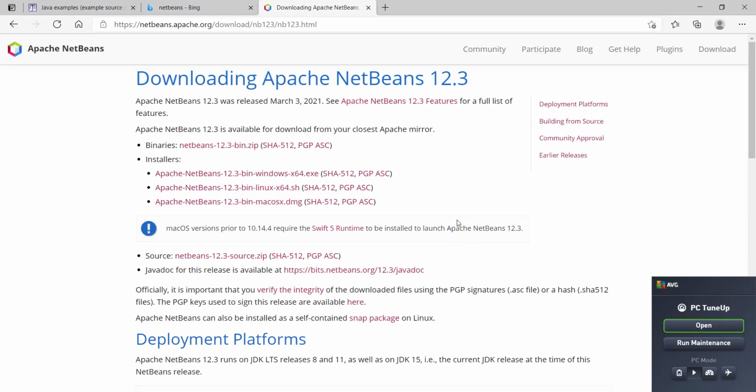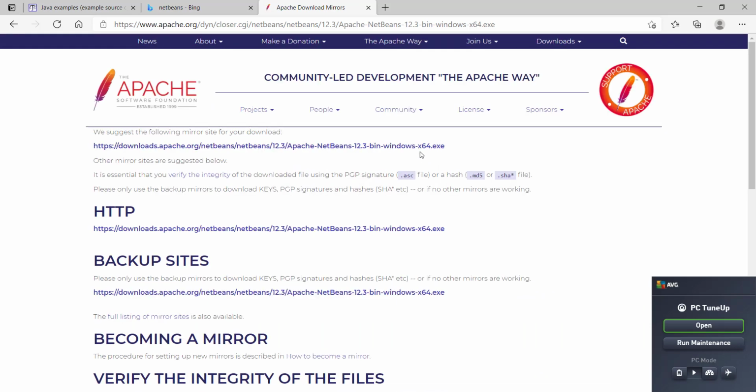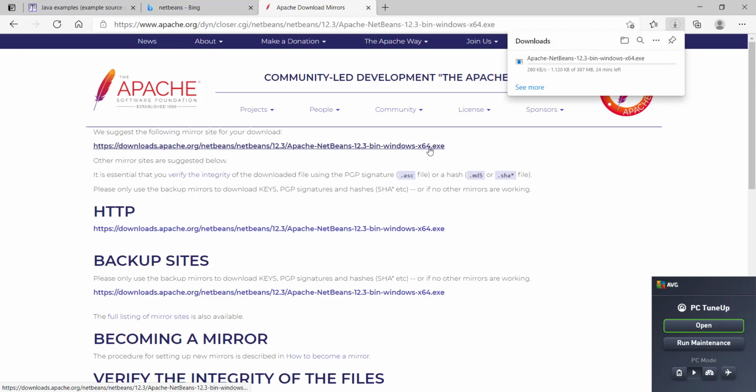Okay, we can actually download that, and then it tells us the options that we've got, when this was released, and the versions we can get. So I'll pick the first one, which is Apache NetBeans. It then takes us to that site. I click on it,